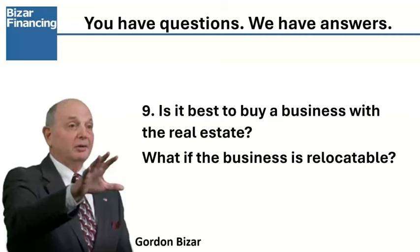Is it best to buy a business with real estate? And what if the business is relocatable? Again, it's a nuanced answer to the question. Buying real estate is a money intensive game. In other words, typically you have to come up with 10 or 20% down, and then you have the payments, of course, on the building. And there's a question as to would it be cheaper to rent that building or would it be cheaper to buy it? If the real estate comes with the business, I don't want my money tied up in real estate